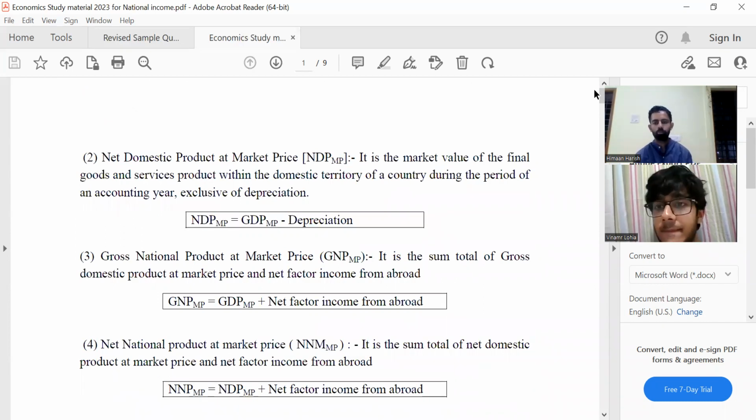Correct. Good. So, are there any doubts in money and banking, in balance of payments? No. Those are more just have to remember, not so much doubt. Just remember them. So, are there any doubts